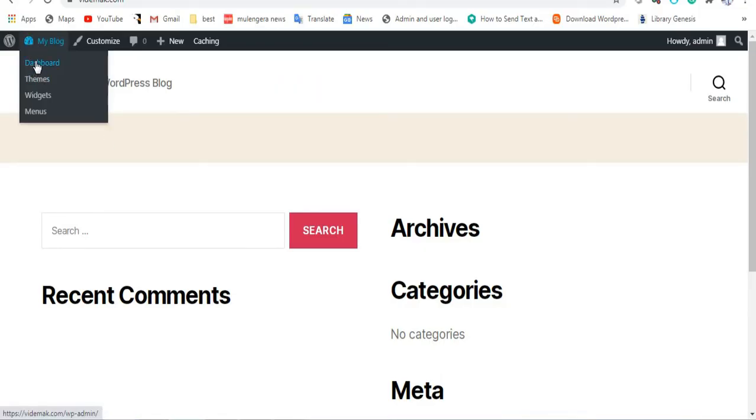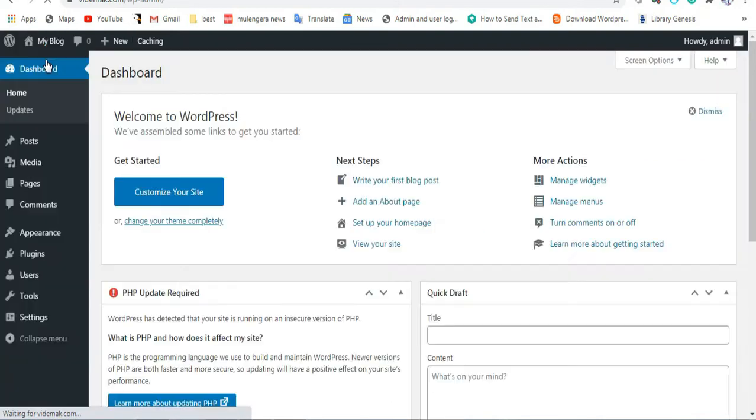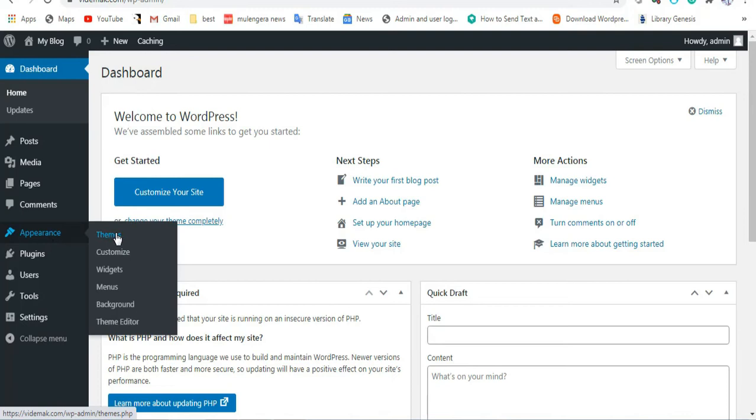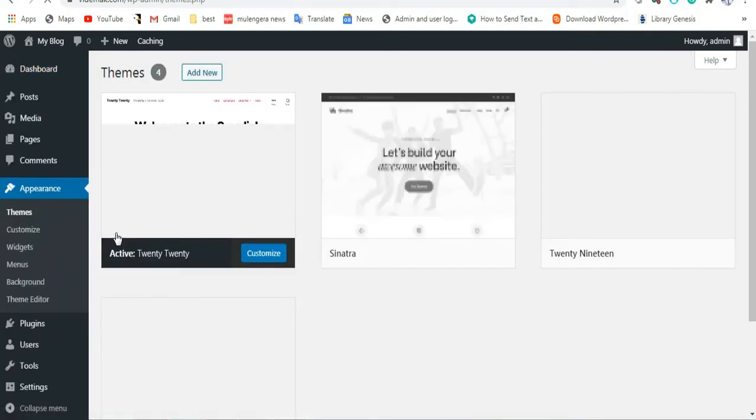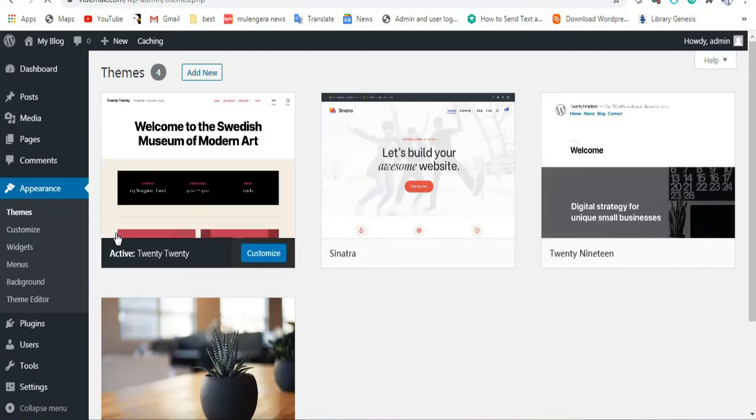Let us first install themes. We are going to come back to our dashboard. Come here, go to dashboard. So on the dashboard, you come to appearances, then select themes. Here you can install all the themes that you want. Themes are like